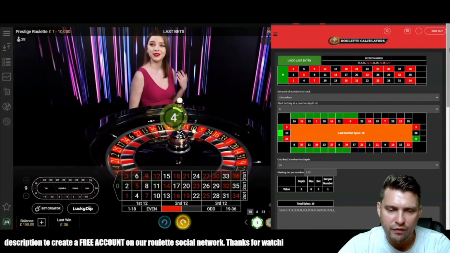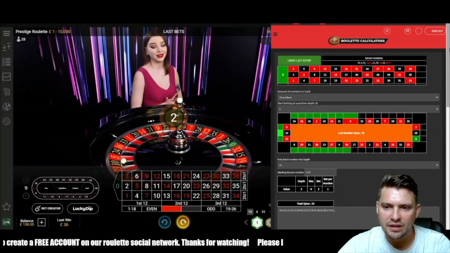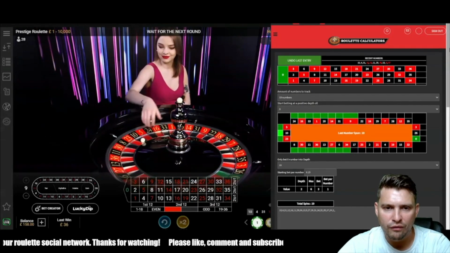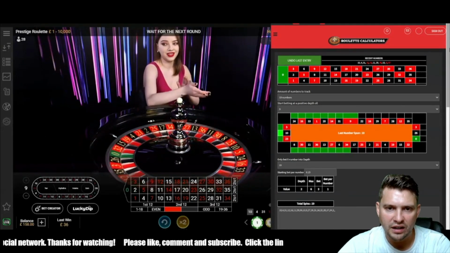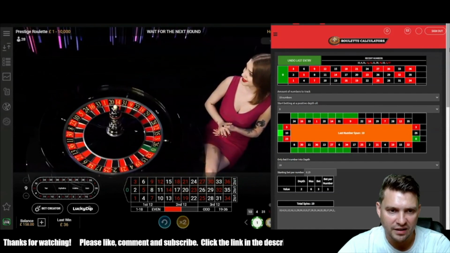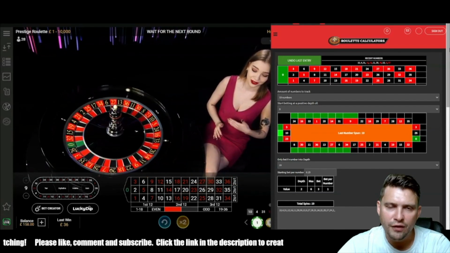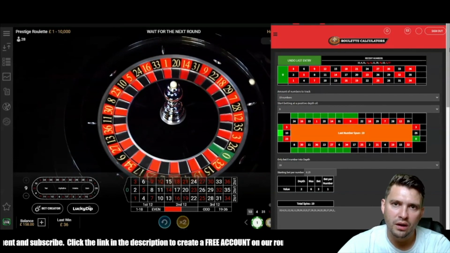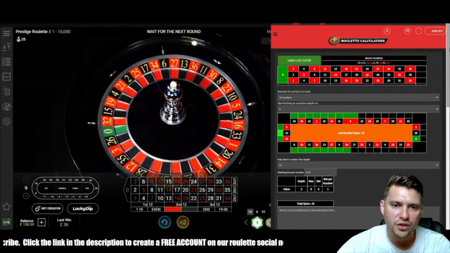It's gone to a depth of 2 now, so it looks like Sam is going to sit this one out and just keep an eye on it and wait for it to go back to the highlighted section before making another bet. Now, if you kind of understand what I'm talking about, the concept of waiting until it goes to a 0 before doing your bet,